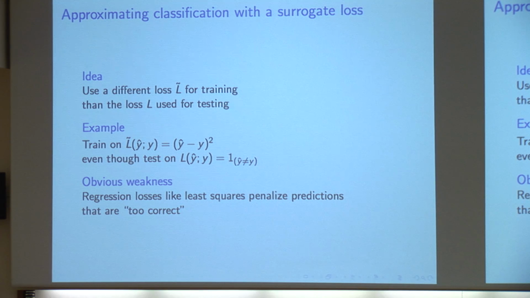Well, one intuition is that they're going to penalize predictions that are too correct. What do I mean? You have some target value +1, and your model is just moving a pre-prediction value around. If the pre-prediction value is above 0, you're thinking that's great, because later on, when you measure test error, that's 0 error. But least squares is going to say, well, look, the target was +1 and you predicted +10, that's bad. Well, that's silly, so regression losses usually don't make much sense here. The whole idea behind surrogate losses for classification is to pick fake losses that are at least better related to the misclassification error that we really care about later, okay?